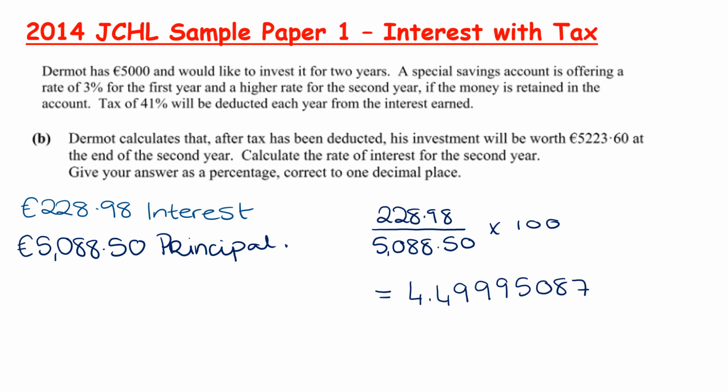We'll generally get something a bit funny here, because we've probably had to round to 2 decimal places. They've asked for this correct to 1 decimal place, which means I have to cut it here. The next number is 9, so my final answer is